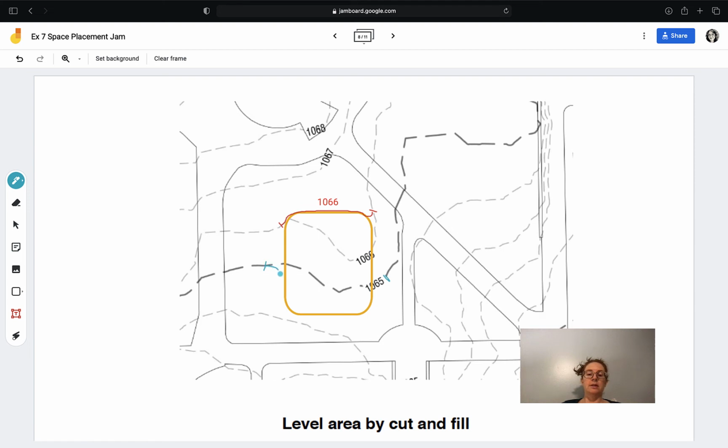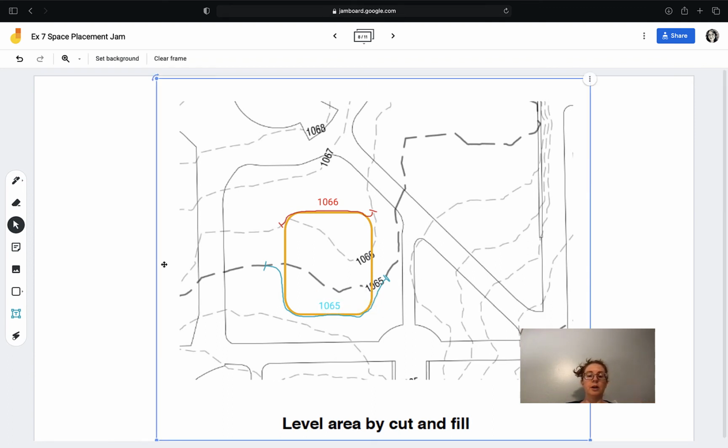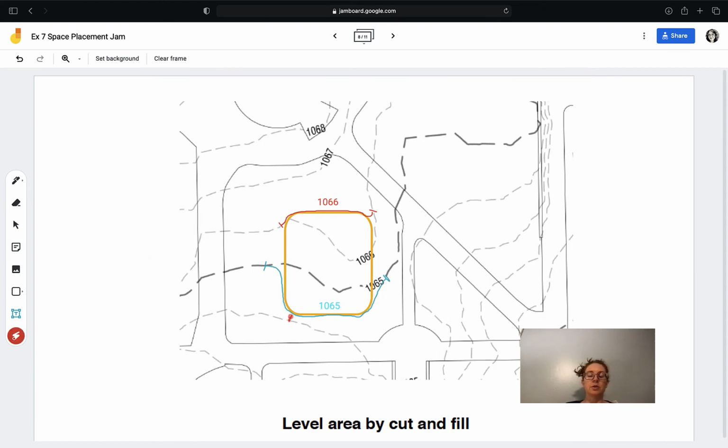So let's get this drawn. Not perfect, but demonstrative. I'm just going to go with it. So there's my new 1065. And let's plop in that number. And I'll shrink that down. Okay, so now it's our 1065 contour, but we're not done because I don't like the space between my new